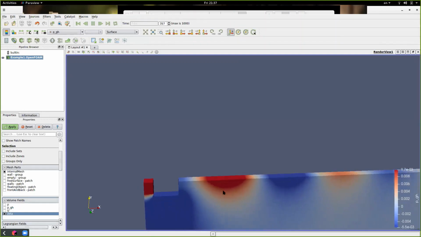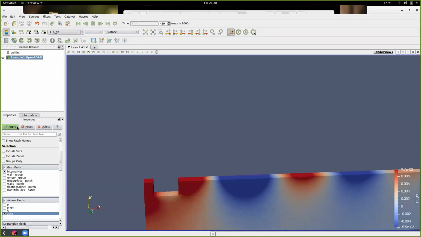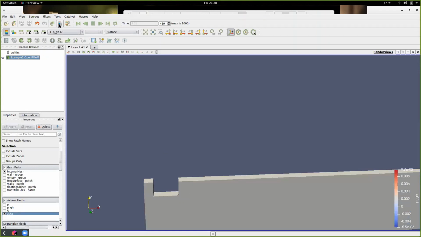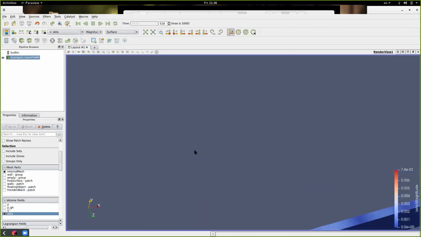First, you can see that pressure pattern. It's showing us that we have got waves here. So peak to peak, peak to peak. But how can we see it? We can use the zeta over here in OpenFOAM. And if I just switch to zeta, you can see that